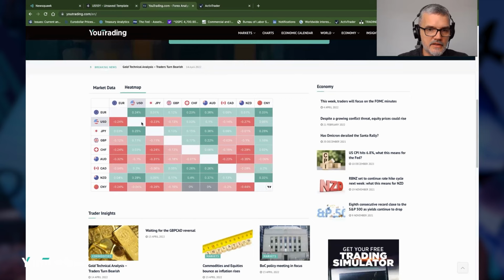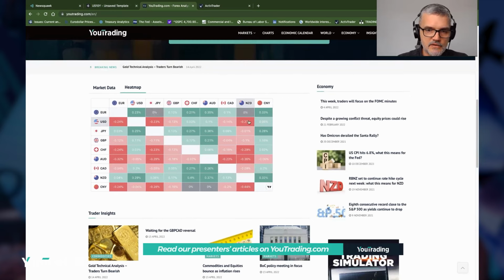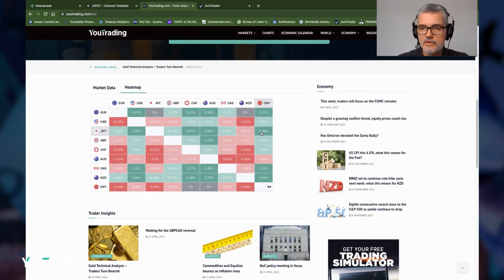In Forex, we're looking at the euro. We can see there's a big move into the euro now. It's completely green. It's even trading higher against the New Zealand dollar for most of the day. The New Zealand dollar is also vying for relative strength. We've got yen also vying for relative strength, whereas the Aussie, the Swiss franc and the US dollar are showing risk coming out of those currencies. So looking at the actual Forex heat map, there's no clear risk on, risk off. We just know that there's flows going into the euro ahead of this ECB.